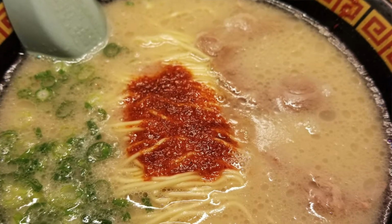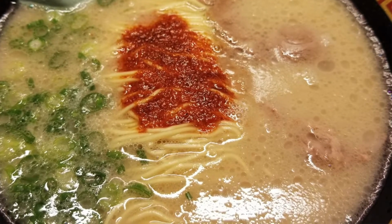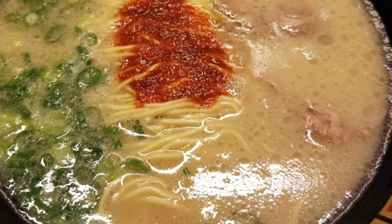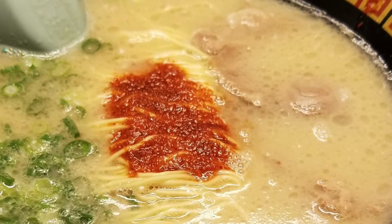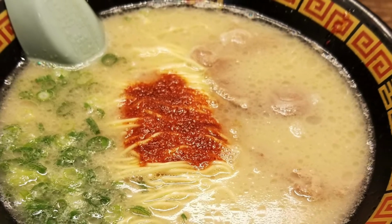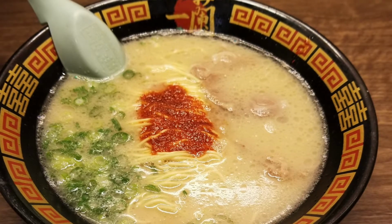Very rich tonkotsu pork bone broth, very strong umami flavor. Sometimes ramen soup can get a little too salty. In this case, I think they put just enough salt in there, just enough to bring out the flavor of the bone broth and the other things that they put in there, chicken head or